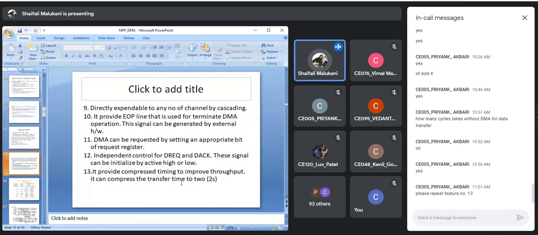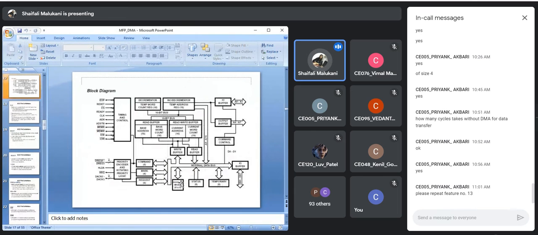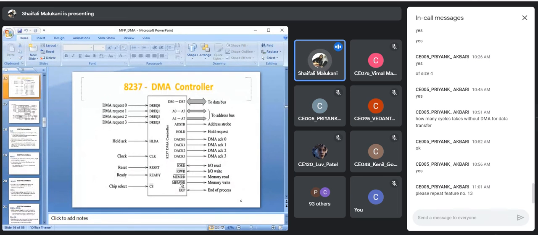Okay, it can compress timing. So you can use overclocking here, right? That means suppose you are doing the task in 4 clock cycles. That task can be executed in 2 clock cycles. That means your clock is split into double frequency, right? So that feature is provided by the 8237. So actually the time taken will be half, because sometimes your IO is faster than your DMA controller, right?